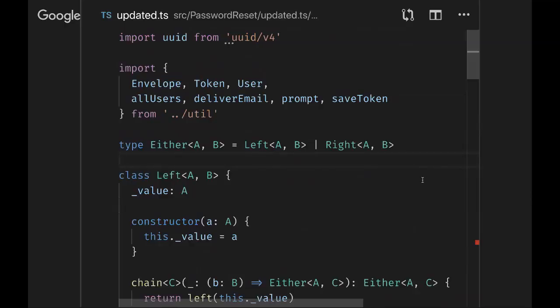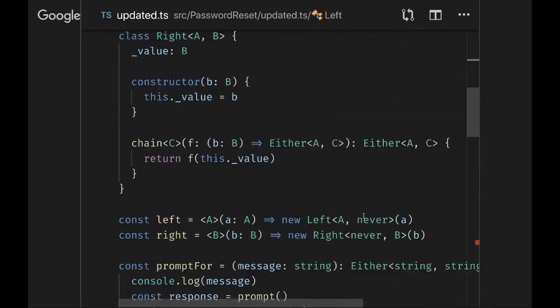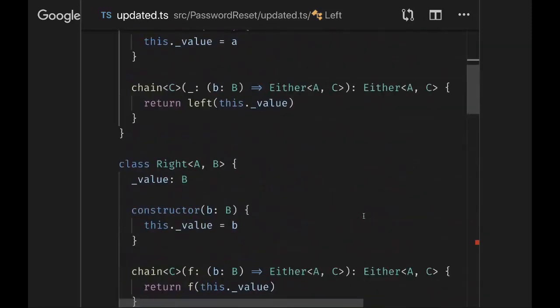You need to chain on the either class or the either type? You don't need chain on the either type because TypeScript knows that there is a chain implemented with consistent type on both. Yeah. That line knows that? Okay. Which is a neat part of why you need both types here. So, there are other ways to model this, but for now I just have a left and right.